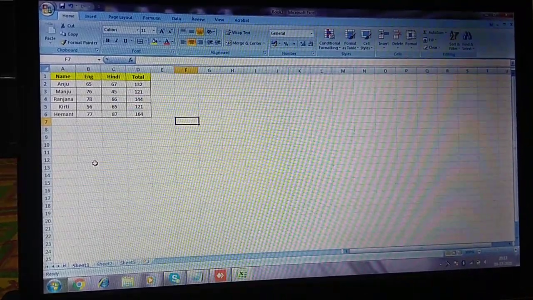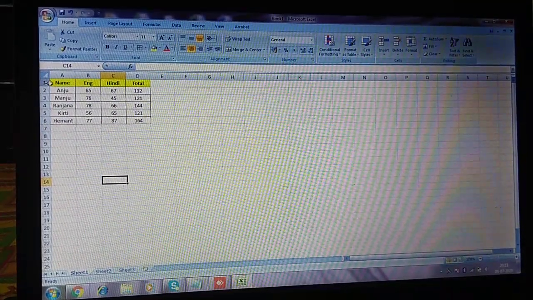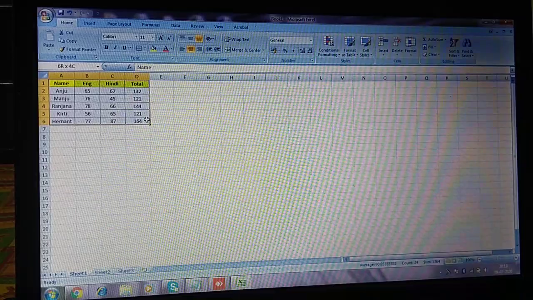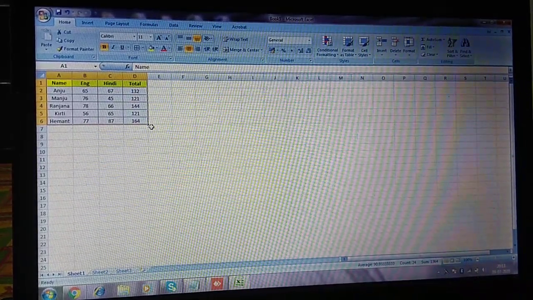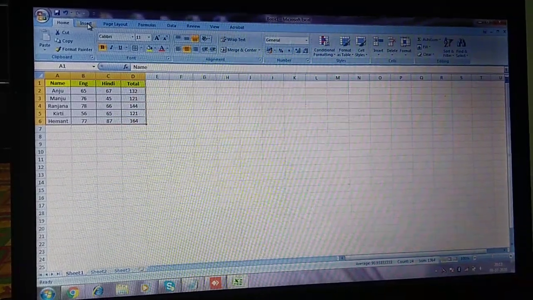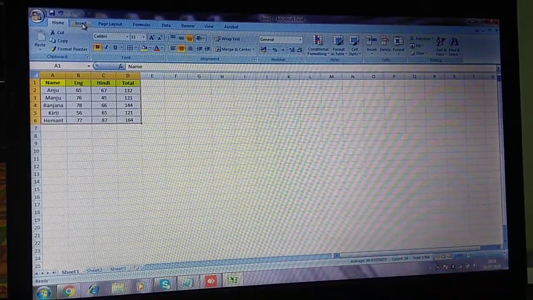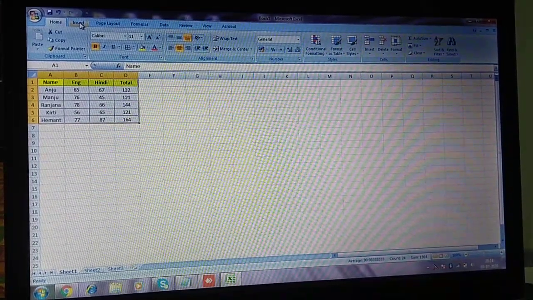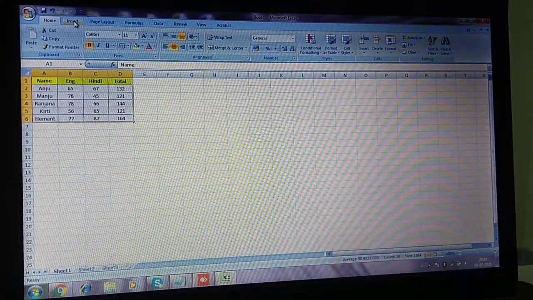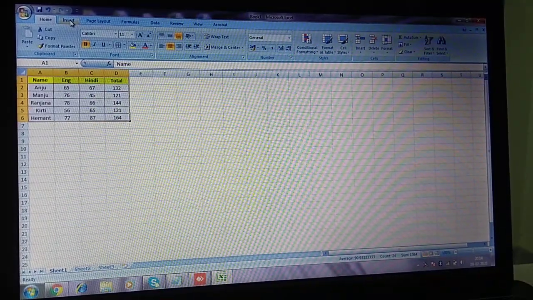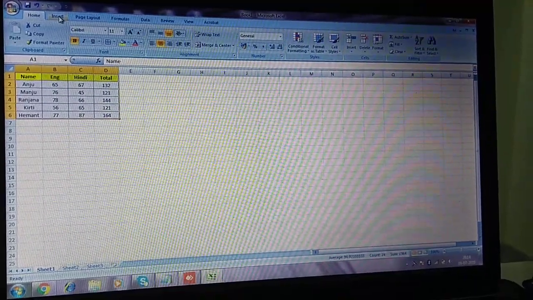So the first chart in your book is the bar chart. First of all, how to create the chart? Before creating the chart, the first step is to select the entire table. Then you will go to the Insert tab. We want to insert the chart. If we want to insert anything in our document, worksheet or PowerPoint, we need to go to the Insert tab.